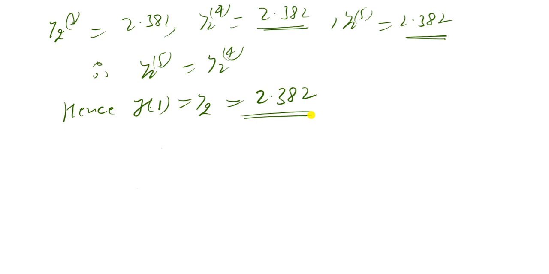So in this video we solve two initial value problems with the help of the modify Euler's method and in the next video I will explain the Runge-Kutta method of order 4 and with the help of the Runge-Kutta method of order 4 we compute the approximate solution for the given initial value problem.